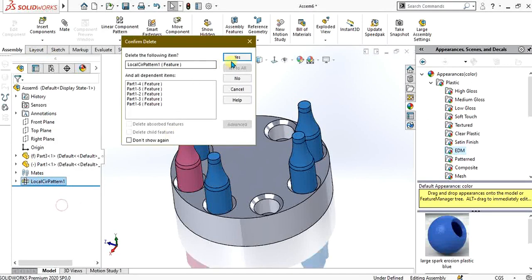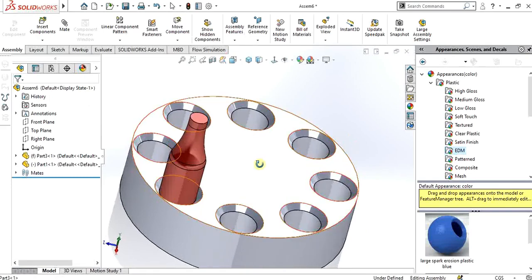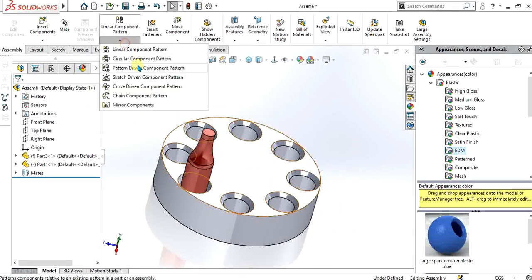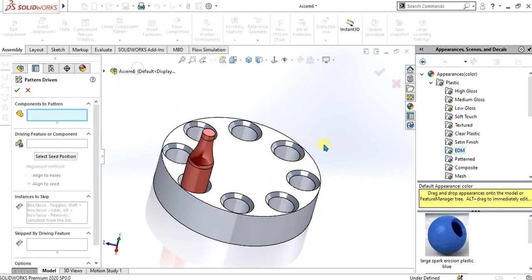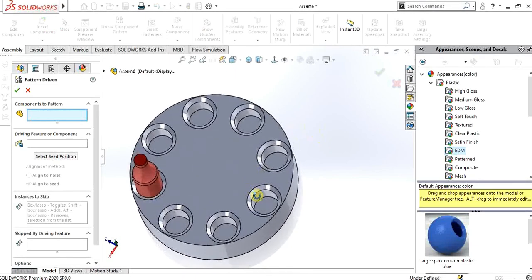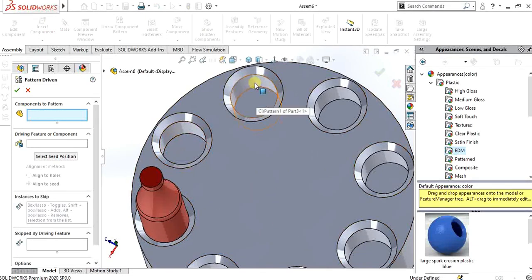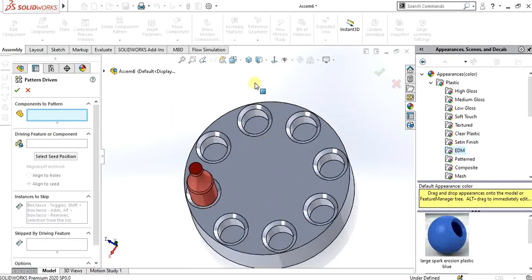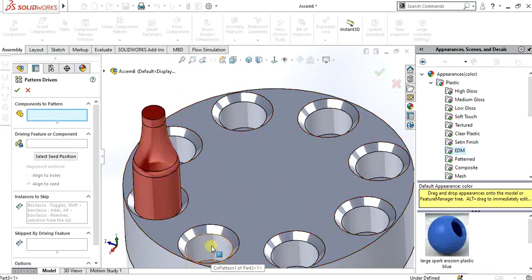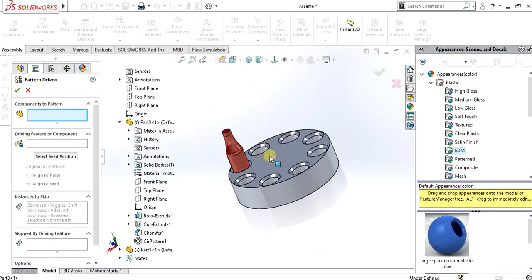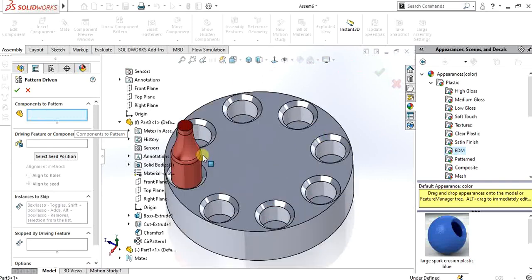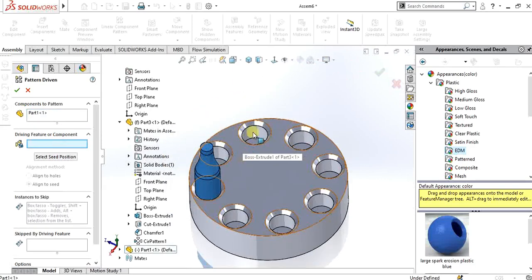And now we will see how we can use pattern driven component. As you can see, these circles I have made with the circular pattern command. I have used extrude cut, and now from here I will select the components to pattern. I will select this, and this is the circular pattern or extrude cut which we have done. We will select this driving feature.